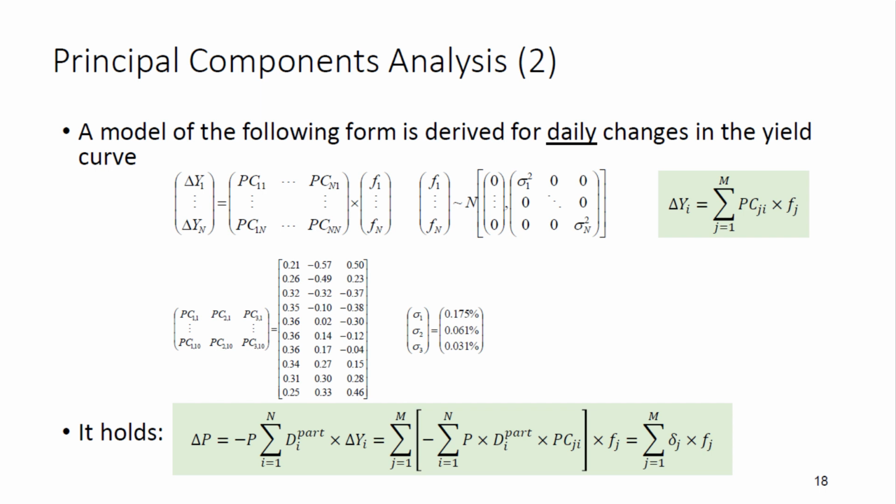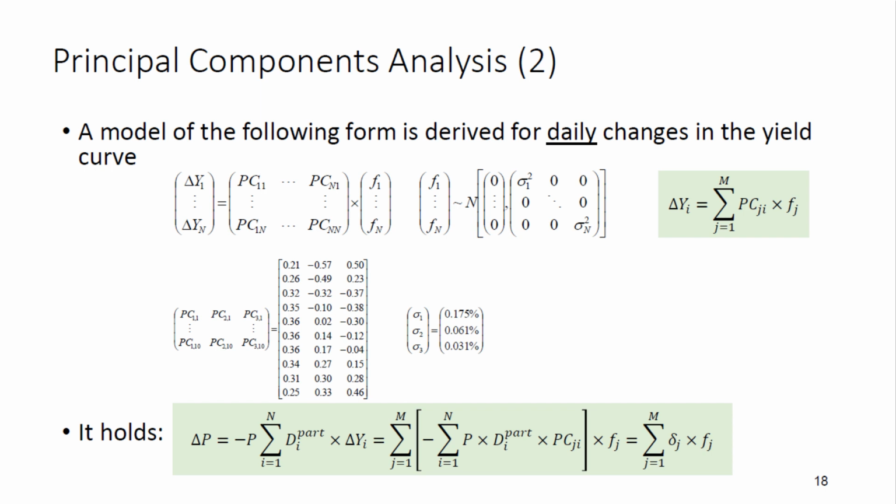The very nice thing about this principal component analysis is that these factors can be constructed in such a way that they have mean 0 and they are uncorrelated to each other. So then each effect is not correlated with another effect. That's reflected on the right hand side, where we say these factors are normally distributed, that's the assumption, with mean 0 and with variance of sigma i squared for factor i. So if I look at this matrix notation and I do the matrix multiplication to arrive at a formula for the change in